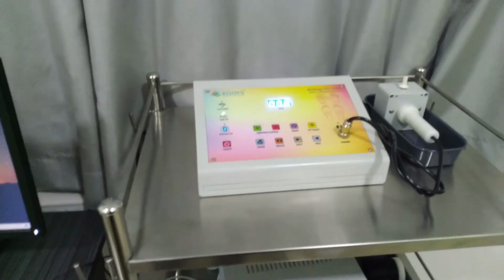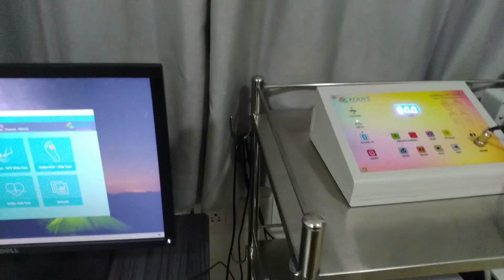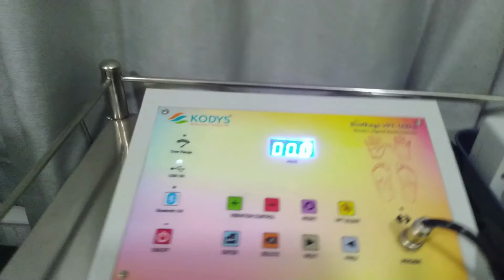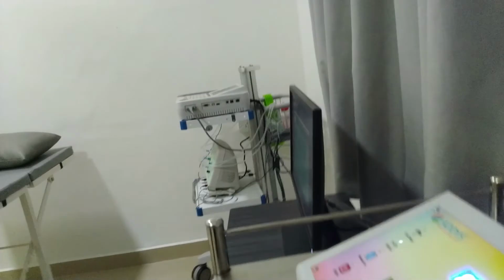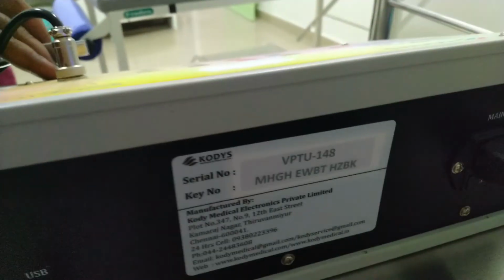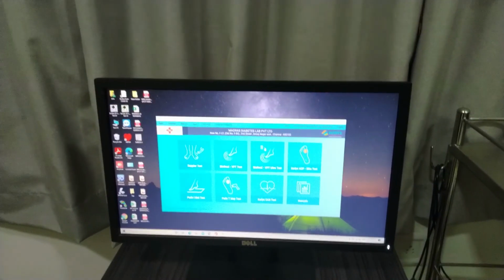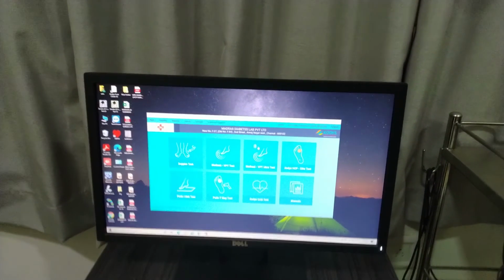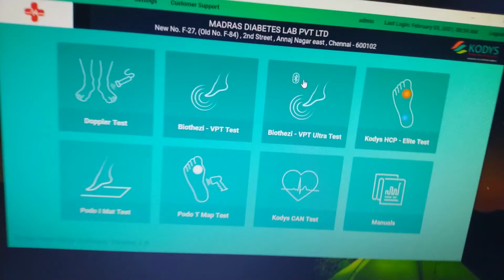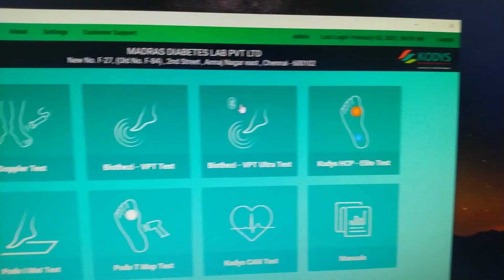So far we have seen how Cody's Food Clinic software is installed. Now we are going to configure this. See, at the back of the device we have a key. This key you have to type here. It's already configured here in the software.